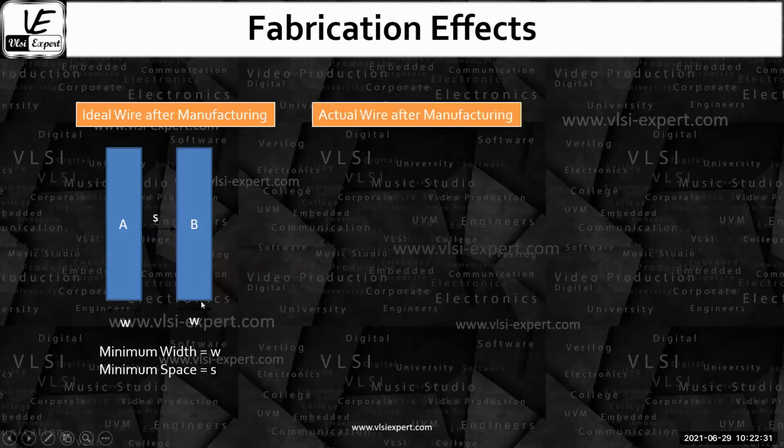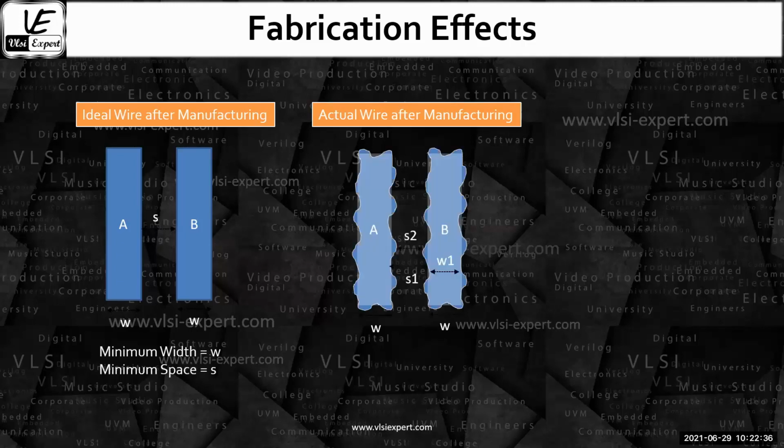then from their experience, as per the foundry, the actual wire which will come will look something like this. You can see there is a lot of distortion. The wire is not straight. Obviously, this is a zoomed version. Here you can see the width is increasing at points 1, 2, 3, 4. Maybe it's not only 4; it can be at 100 such points.